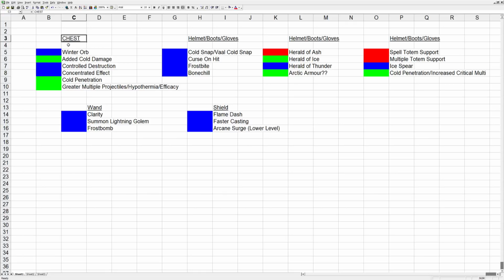So, as I switch over to my other window, we have... Oh, nice. What should I talk about first? Okay, let me talk about the skills that we're not going to be using first. So the wand or the shield, this doesn't matter. They're all blue skills. We're kind of just throwing our leftovers. We want Clarity. That's going to be absolutely crucial with the amount of mana that we're going to be losing off of the Herald reserves,